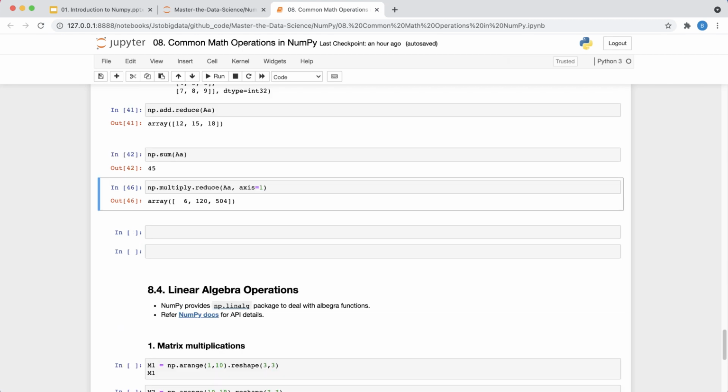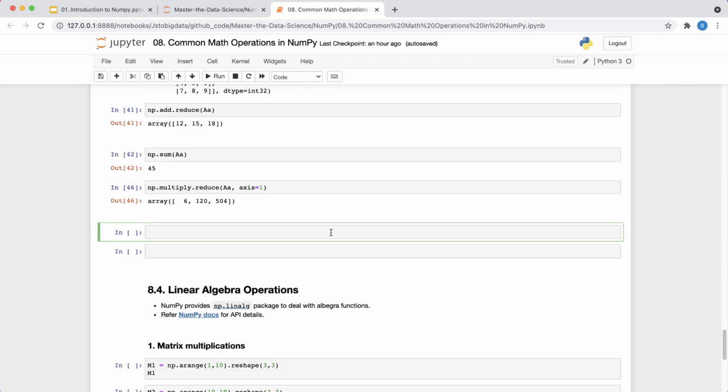So I hope so far all good with you. Now I want to also show you something called accumulate. Accumulate is almost like a Fibonacci series, where you add the previous number values to the next. In this I want to pass the same kind of array, something like 1 2 3 4 5 6 7. Okay, and let's run it.